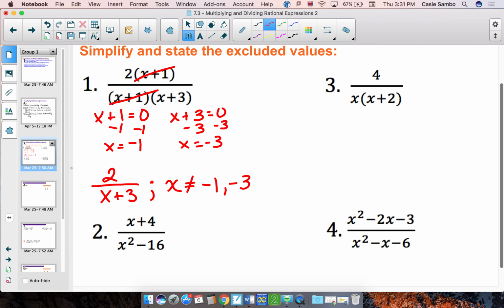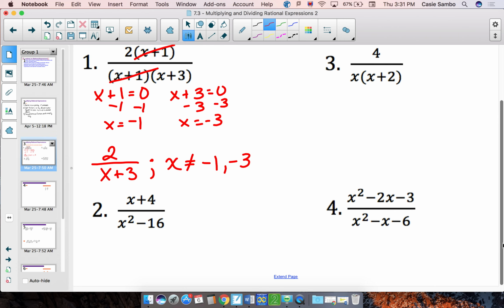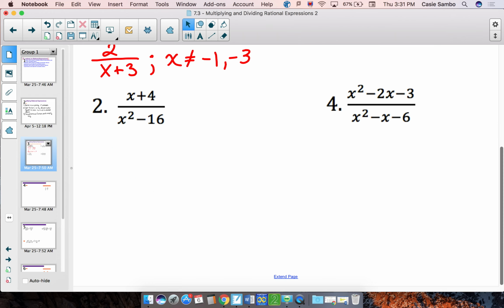Moving on, we have example 2. Example 2 is not factored yet. If at any point I'm going too fast, feel free to pause and you can come back. So example 2 is not factored yet. The denominator on example 2 is the difference of squares. So I can rewrite this as x plus 4 over, if I factor my difference of squares, I end up with x plus 4